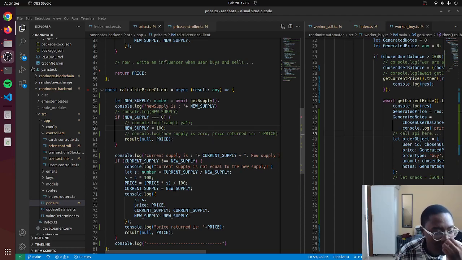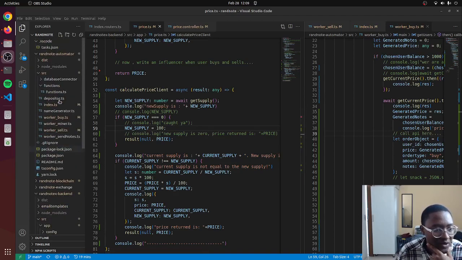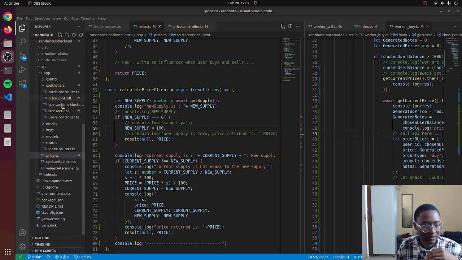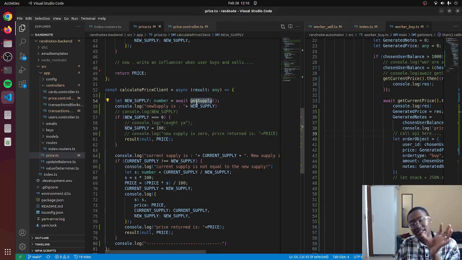I just want to do something real quick. I just want to check something. I want to try and mine without actually influencing the, now, because this function gets applied in the backend. The way I tested how a new supply